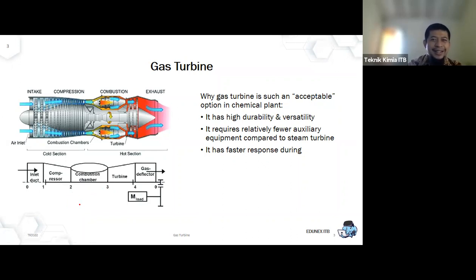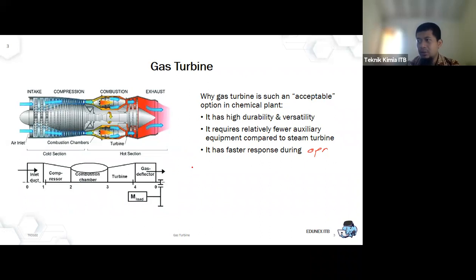That's why we mix. Why? Because different compression ratios and different properties can really affect the diesel engine. But when we are comparing it to the steam, compared to the Rankine